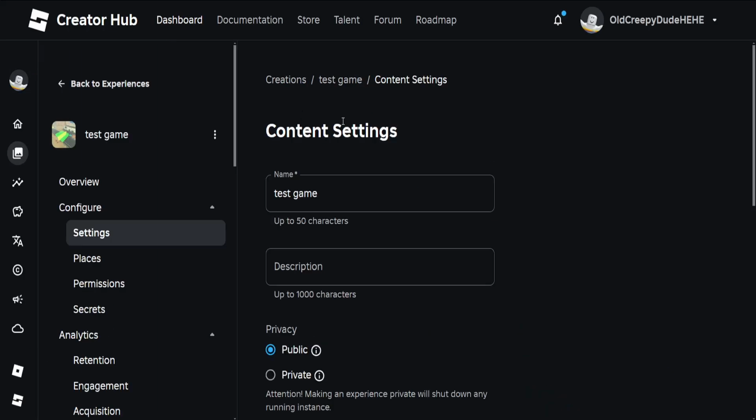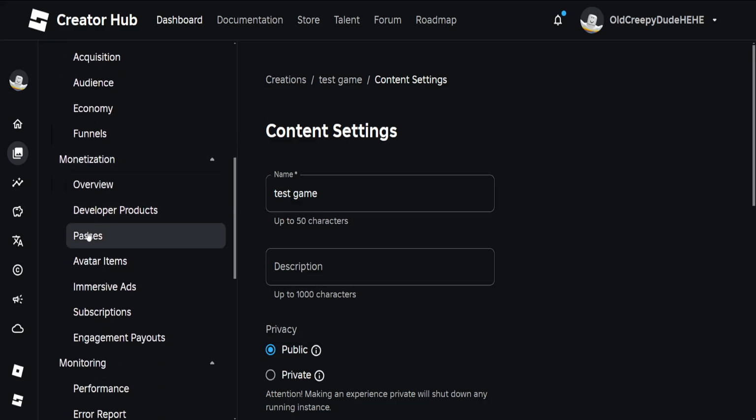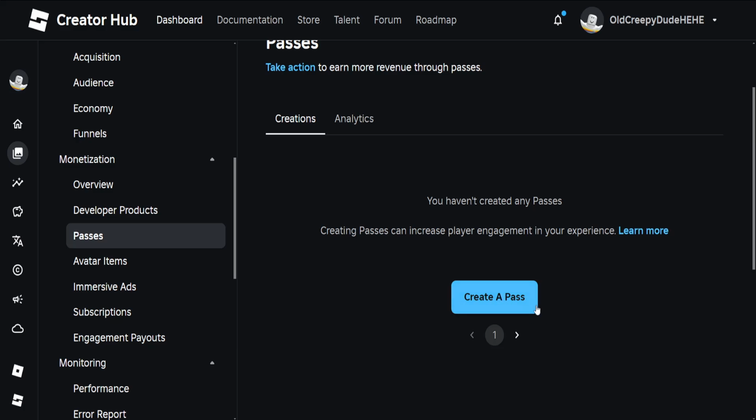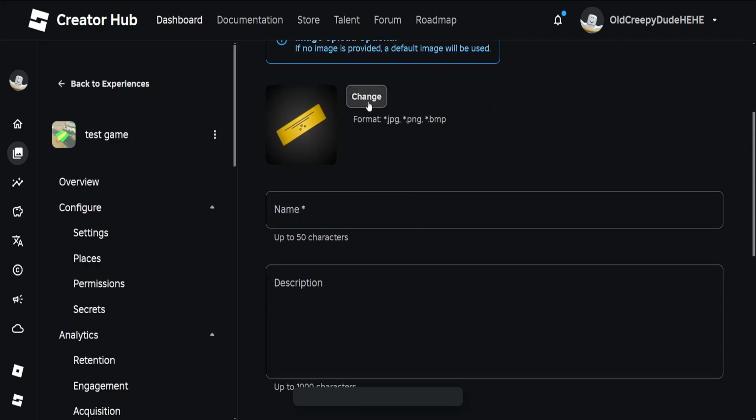So after you have clicked on manage experience, you want to focus on the left hand side, scroll down until you see monetization and click on passes. Now you will see this, you don't have any passes, create a pass, and we can choose a picture here